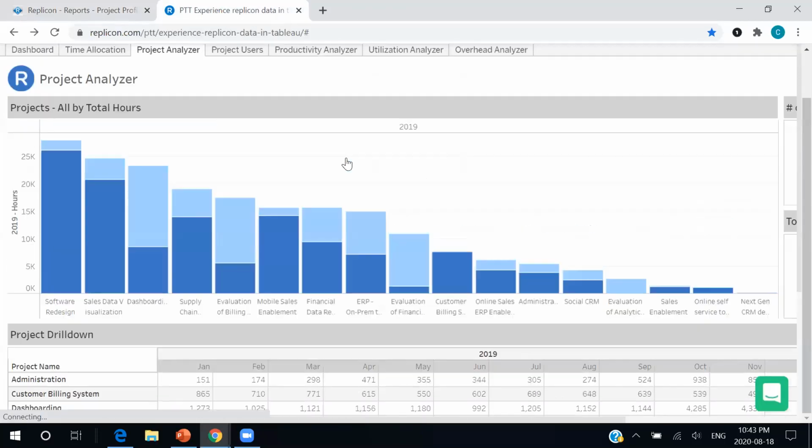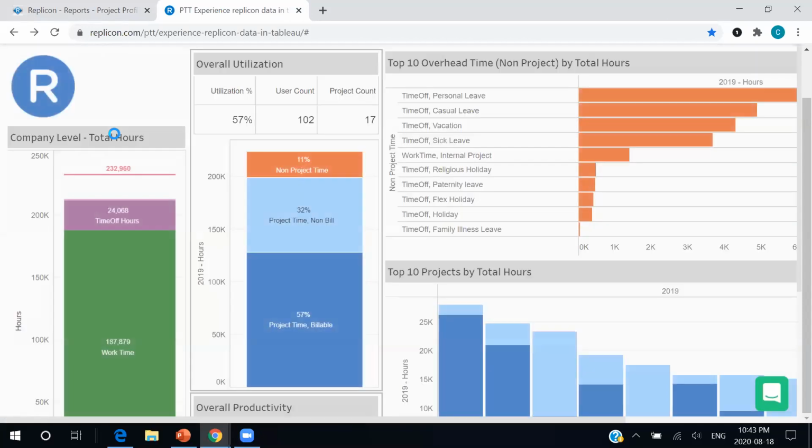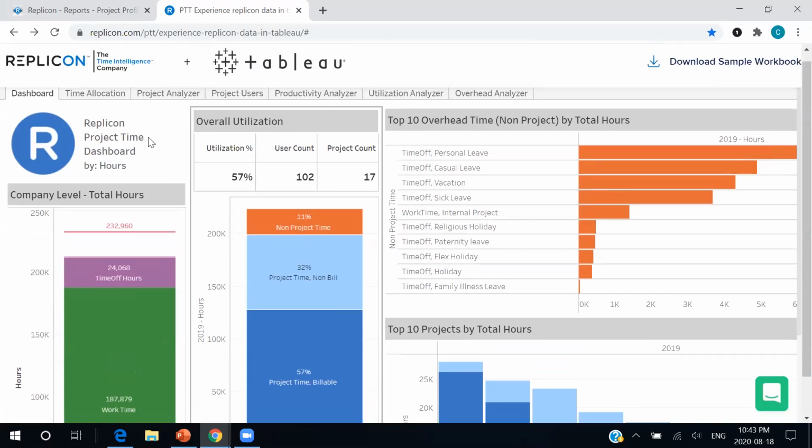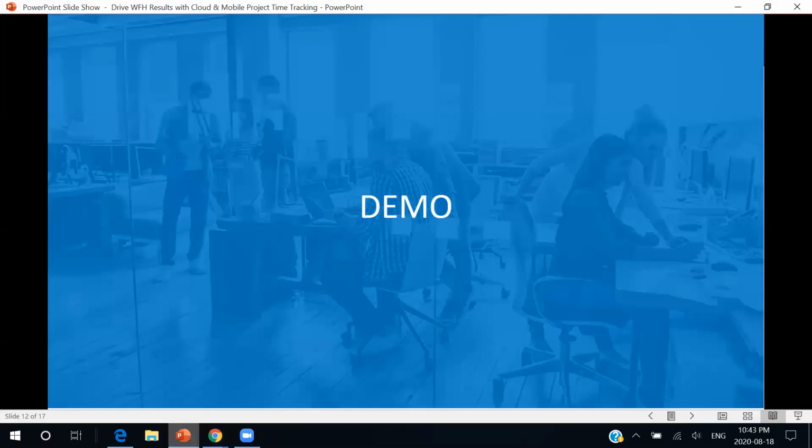And then finally, we do have our BI connectors. So Replicon can connect to BI tools like Power BI, Tableau, and Google BigQuery. So regardless of how many programs you have in your organization, you can have all of your data sourced in one convenient area. And all you have to do to visualize your information, like you see here, is download one of our sample workbooks. You log in through the connector, which is basically logging in through your instance. And not only are you able to capture all of your information, but transform it and give it meaning for your organization. So that is going to bring me, unfortunately, to the end of our demo.